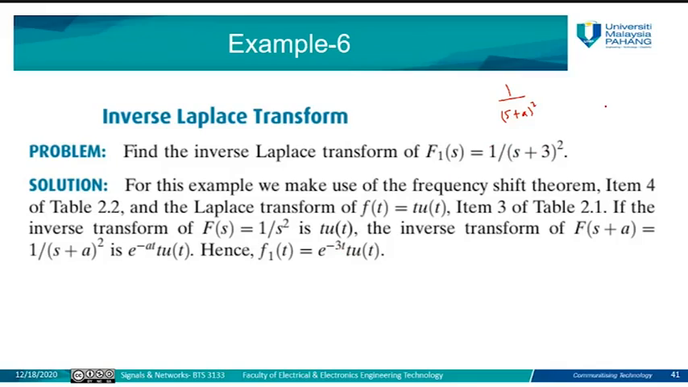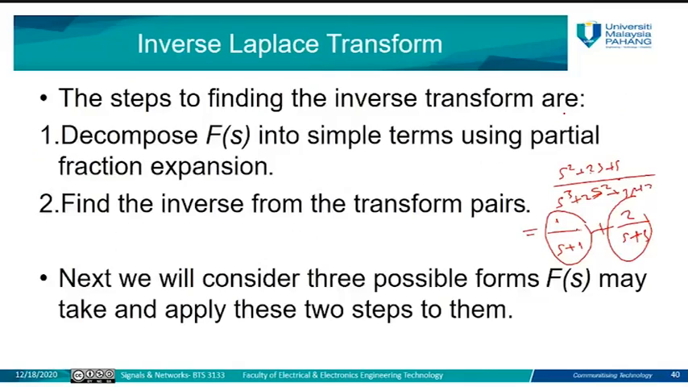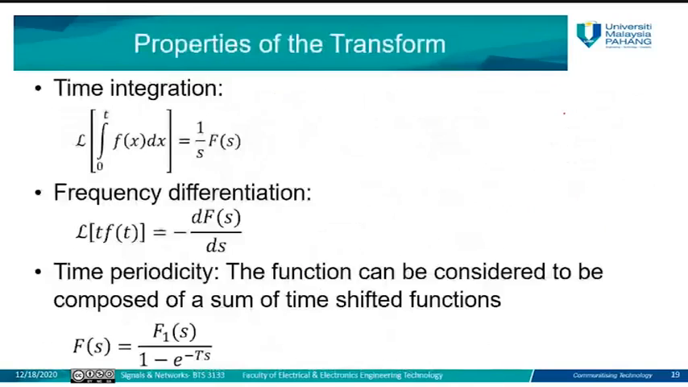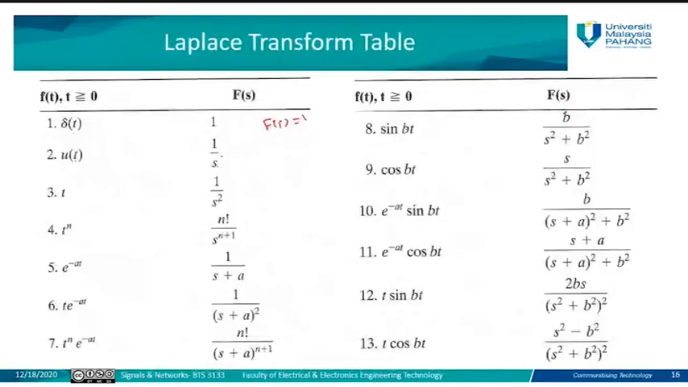Here you have a is equal to 3. If we go back just to the table here, we have 1 over (s plus a) all squared, correct? So a in that function is equal to 3. So you just need to substitute 3 here. If this is 3, this becomes t